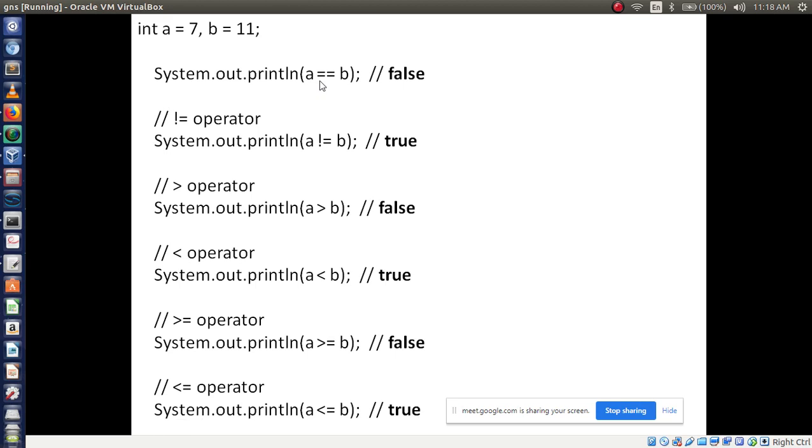It only displays the values, either true or false, because these all are relational operators, right? If the condition is true, it will display true. If the condition is false, it displays false. Now 7 is equal to 11, is it true or false?